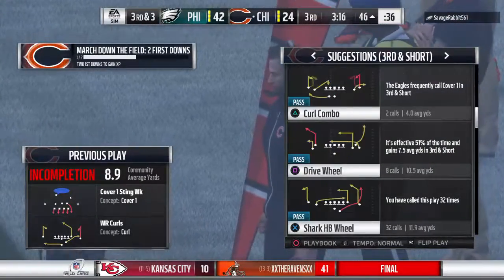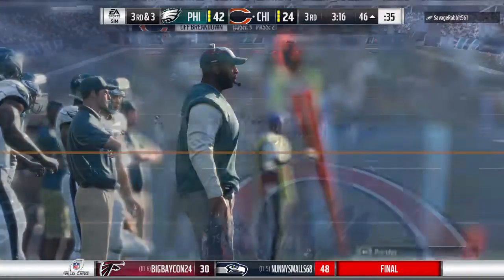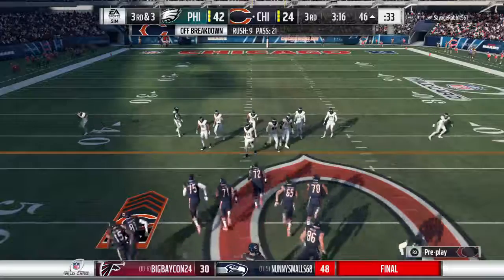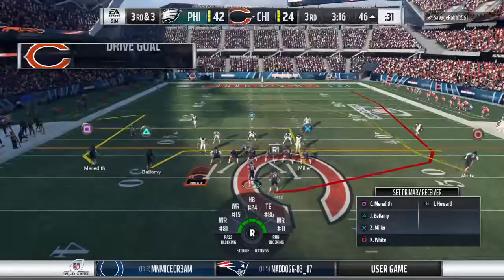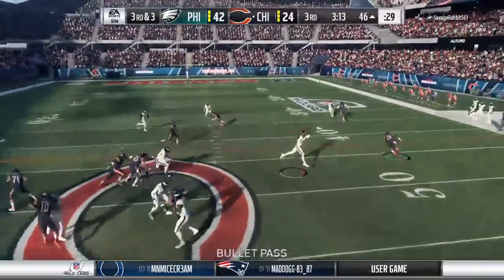Cameron Meredith, the intended target. And it's 3rd and short. You know, every time we talk with people about the most important quality for a quarterback to have in the NFL, what do they usually cite? Arm strength. Yeah, and that's really way down on the list. Accuracy is one of the bigger ones, maybe the...